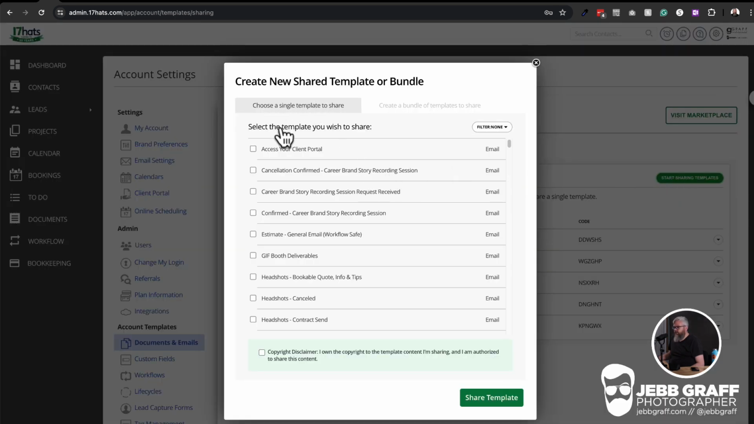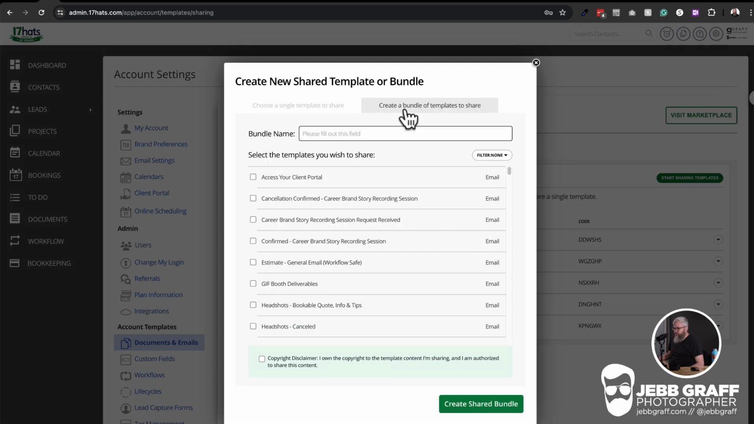Now you're going to see a list of all your templates that you can share. And if you have a whole bunch, you might want to filter if you're just trying to pick a particular one. I'm going to come back to this in a sec, but I also want to show you, you can create a bundle of templates to share. This is what you would use if you want to send all of your templates over to your other brand. You would just give it a name,